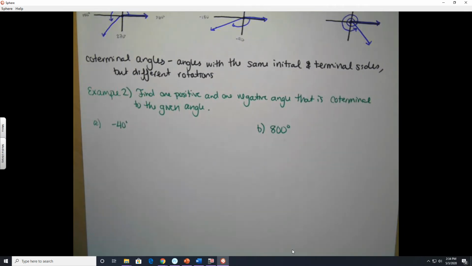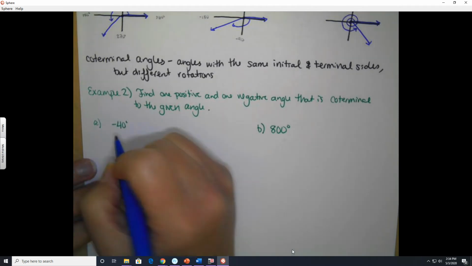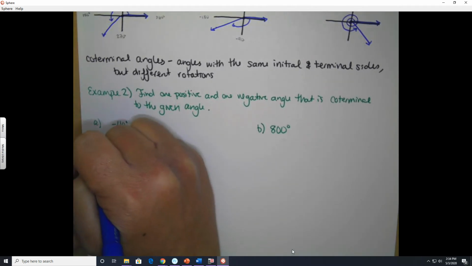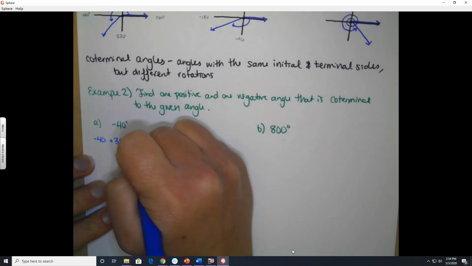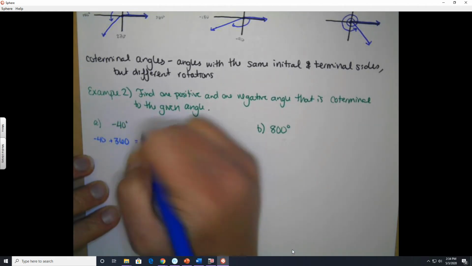So since coterminal angles vary by different number of rotations, each rotation around a circle is 360 degrees. So to find our coterminal angles, we're going to add and subtract 360 degrees. So if I start at -40 and I add 360 to that, -40 plus 360 is 320